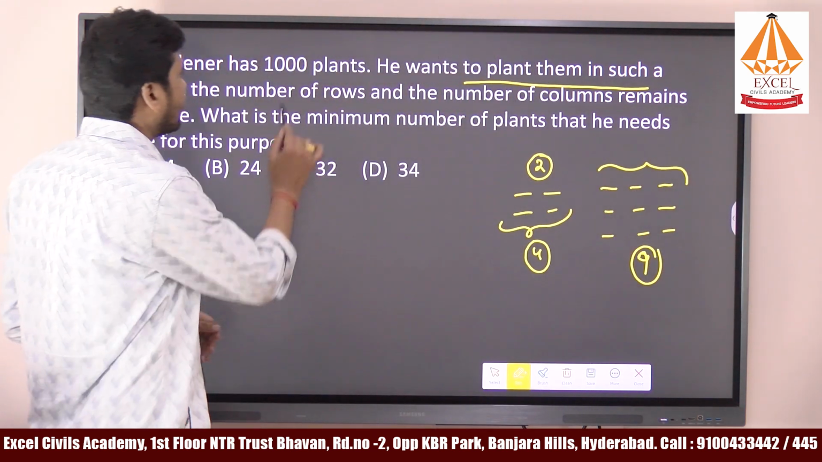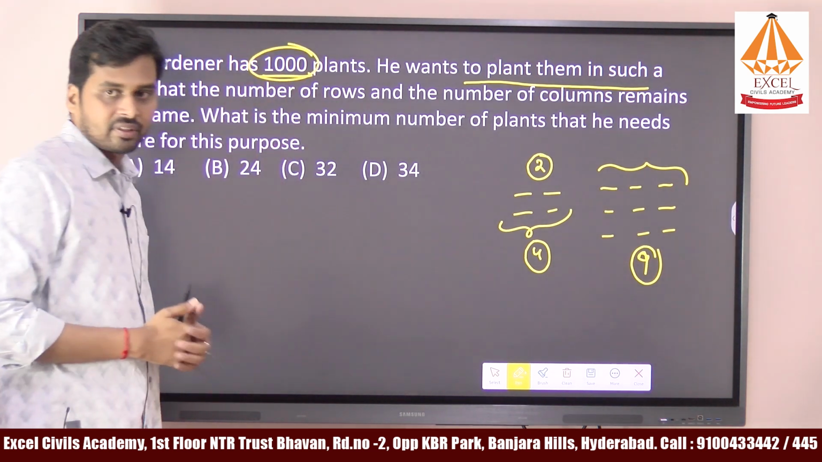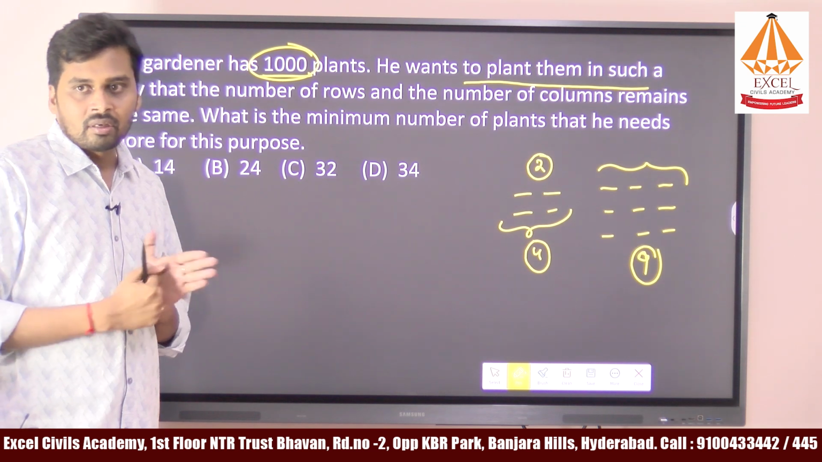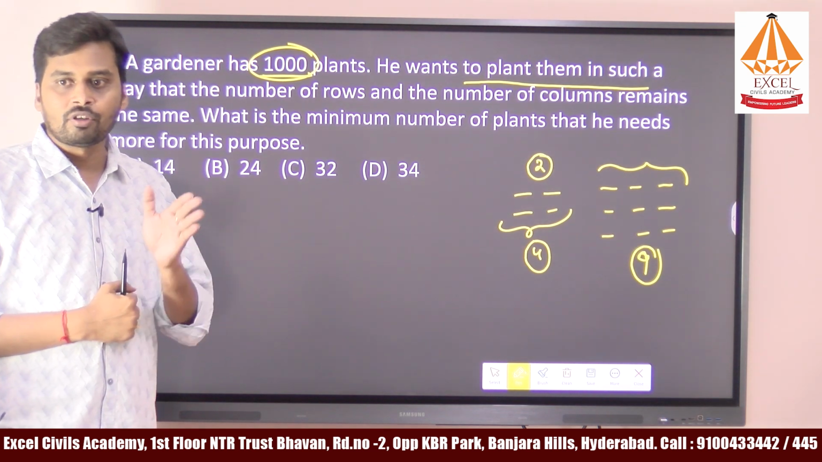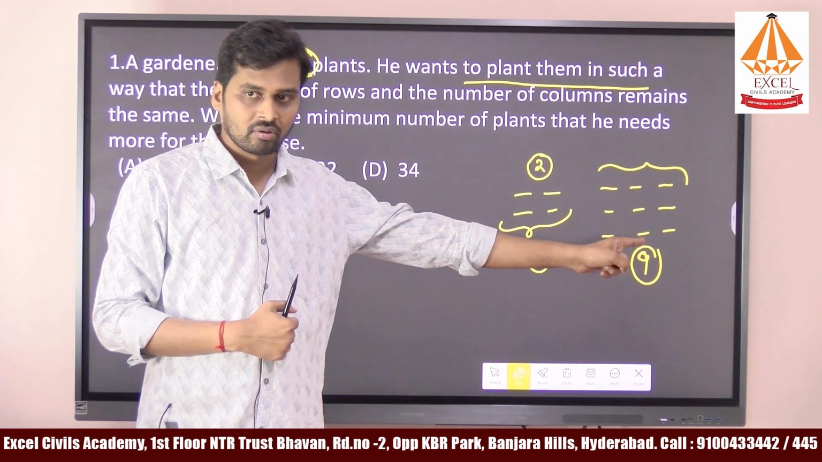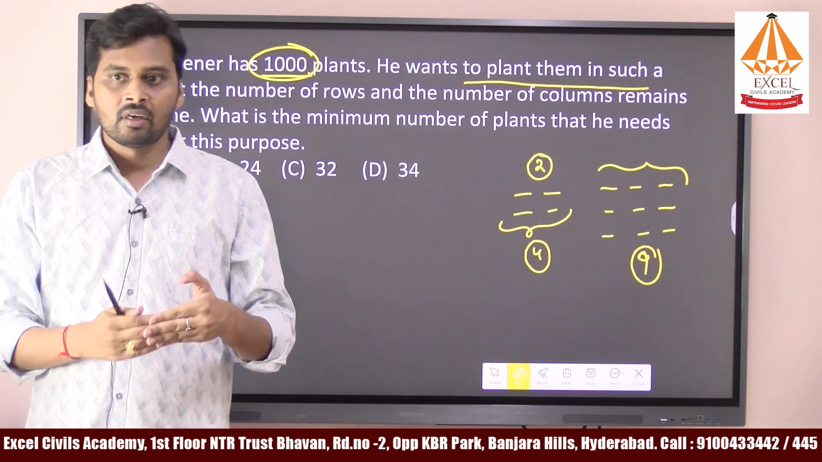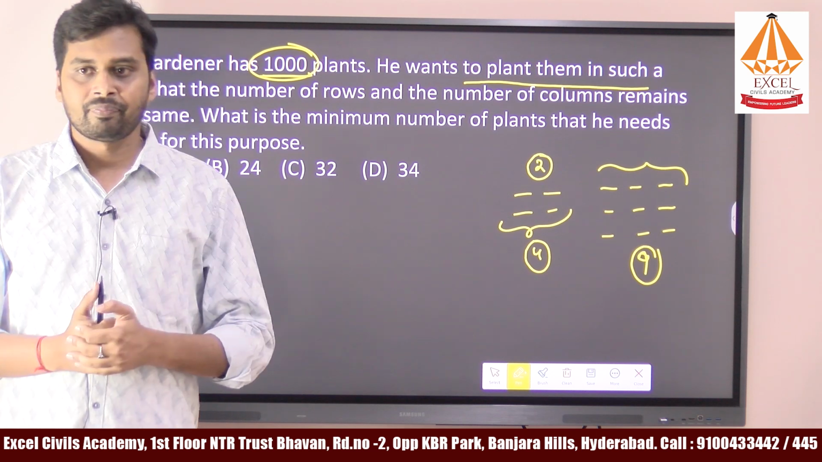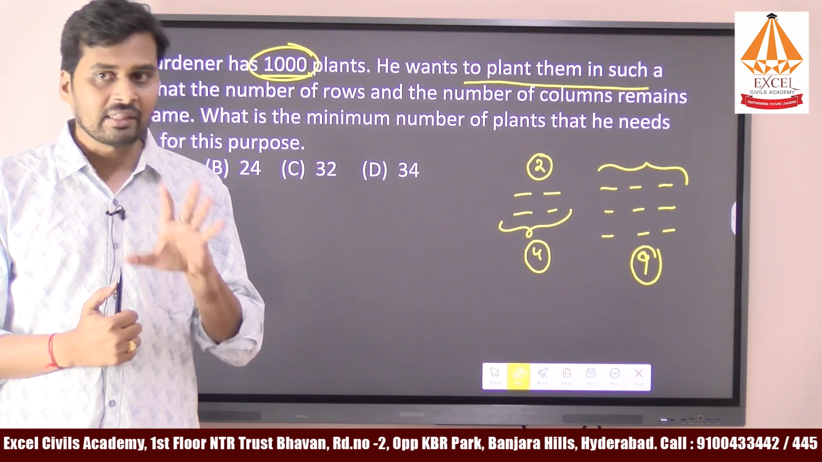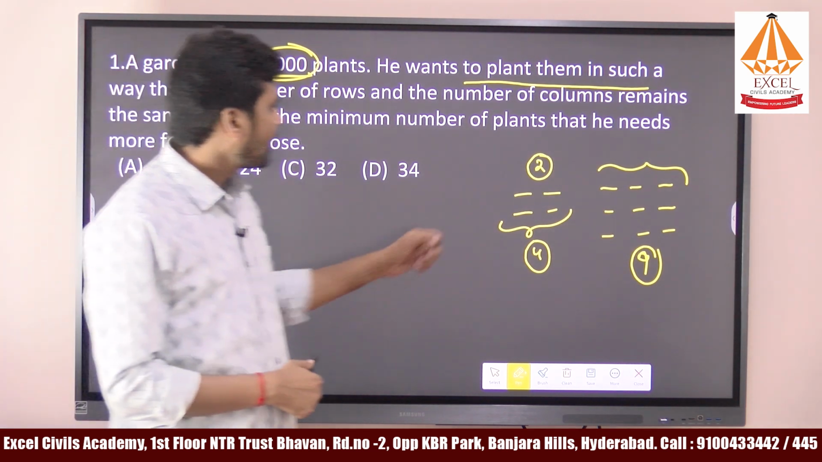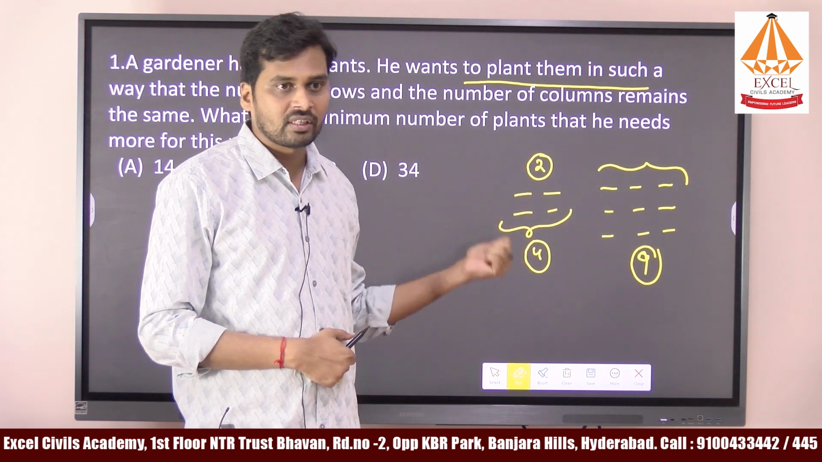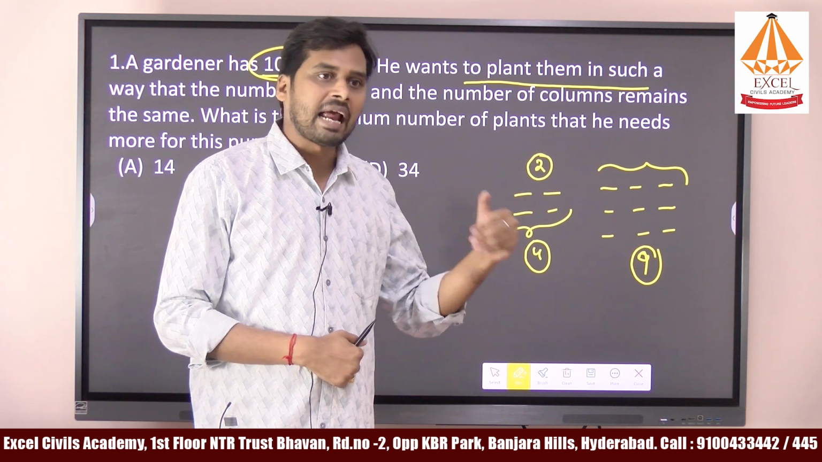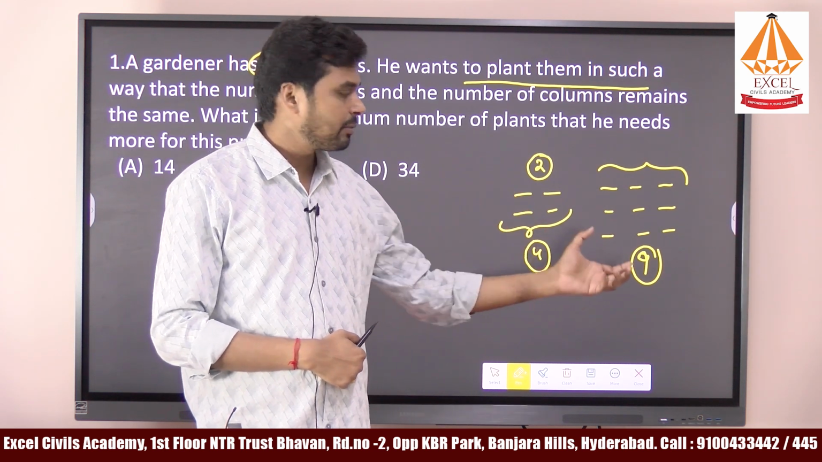Here it is given that he already has 1000 plants with him, but he wants to plant them in such a way that the number of rows and the number of columns remain the same, like this. For doing this, what is the minimum number of more plants required? One thing we understand from this: if he wants to plant them in 2 rows and 2 columns, the total number of plants is 4. If he wants to plant them in 3 rows and 3 columns, the total number of plants is